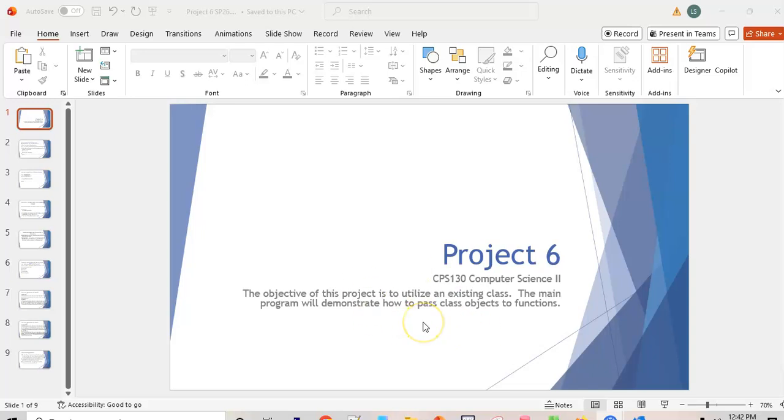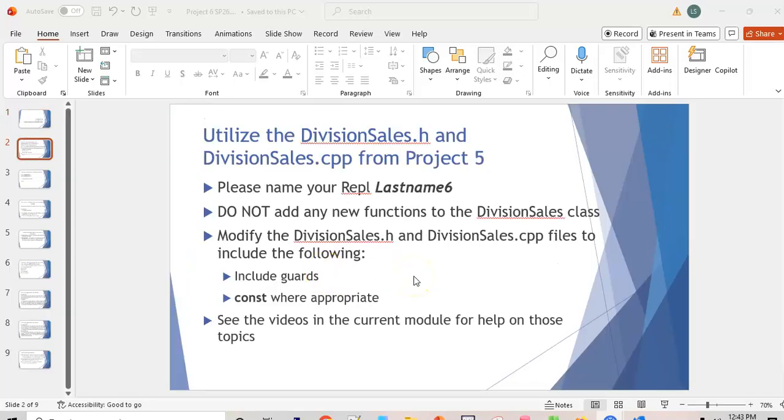In Project 6, you'll utilize the class that you created for Project 5. The main focus of this project will be to demonstrate how to pass classes to functions. So we'll be writing a main program. And as I said before, you're going to utilize the existing class header file and implementation file from Project